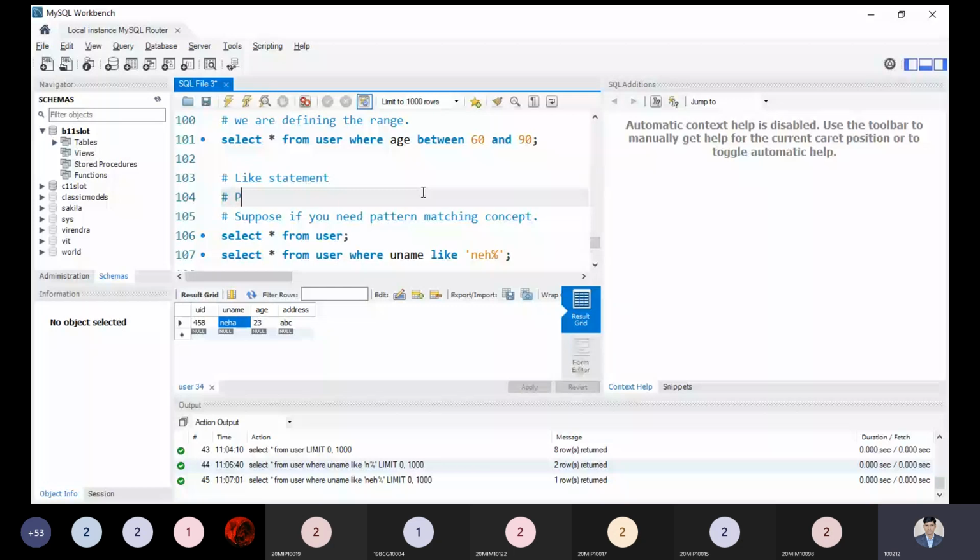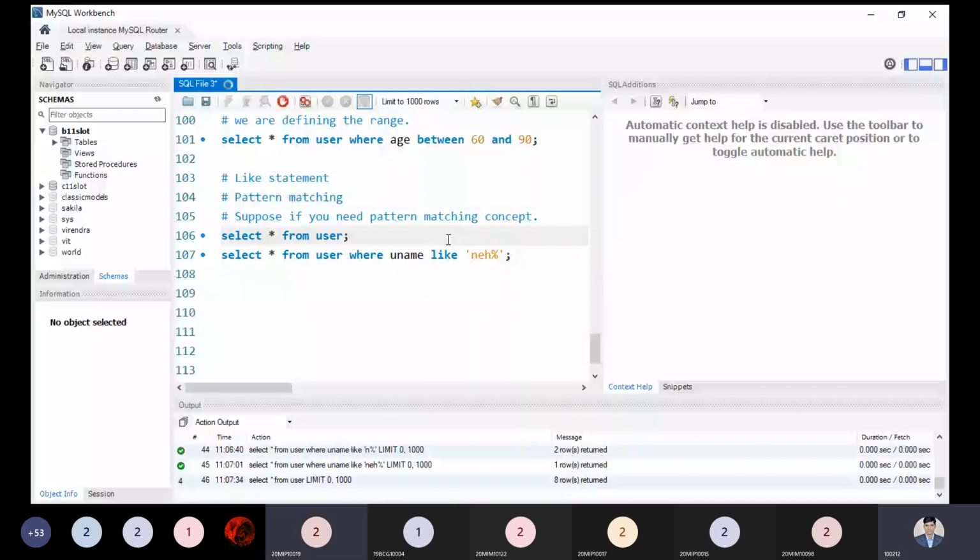Yes, from the pattern matching, just like a statement, if you need to ask any question right now. Yes, tell me anything you need to ask any question right now. No, sir.